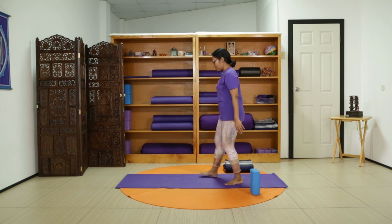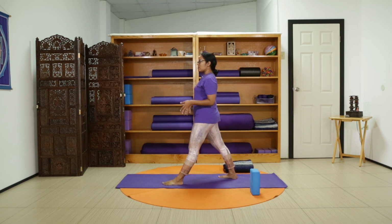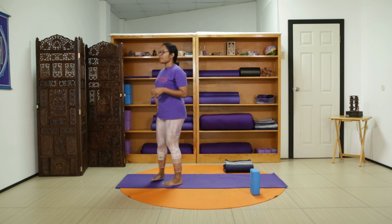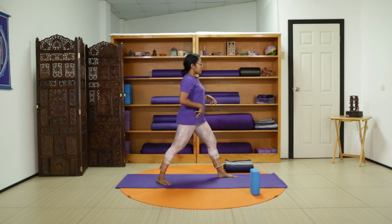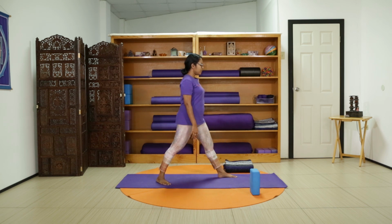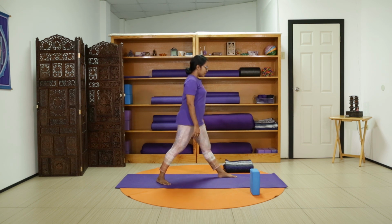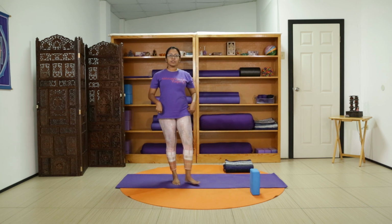Stepping back with our right foot, we'll step forward left, observing our stance, making sure we're comfortable, and breathing out, bending into that left knee, observing our right hip, noticing how we're feeling as we ease back up. Breathing out, bend. Breathing in, up. Breathing out, bend. Breathe in, up. And once more, we'll bend gently up, coming back to center,